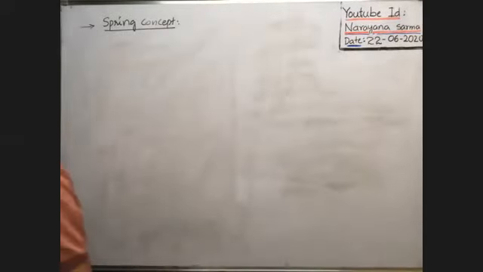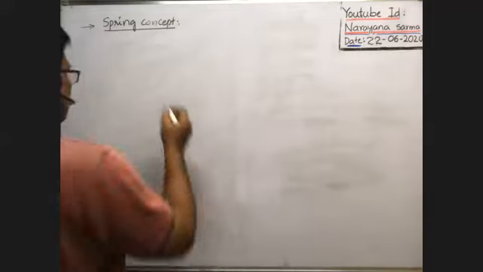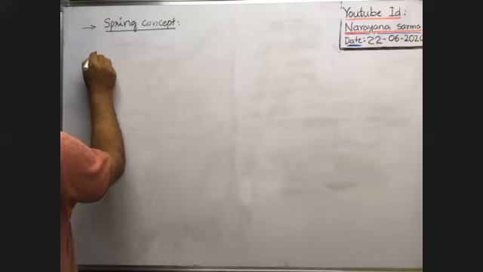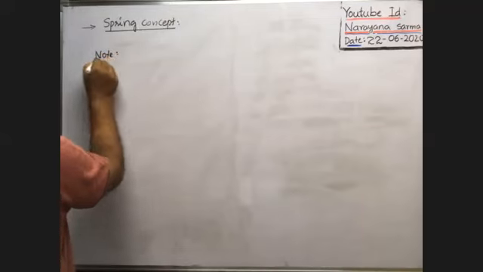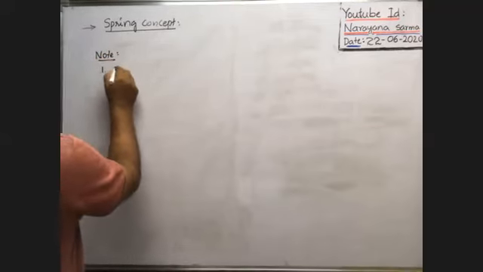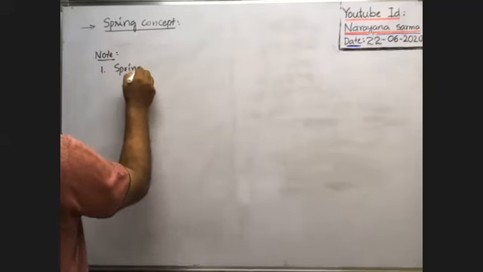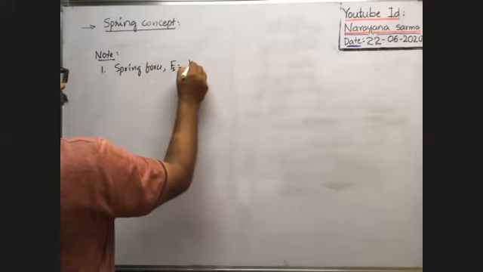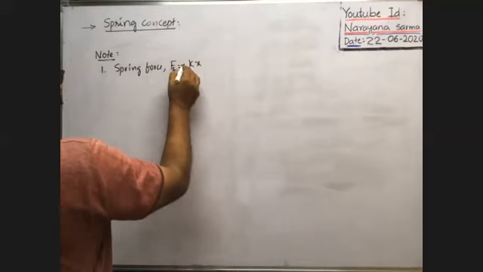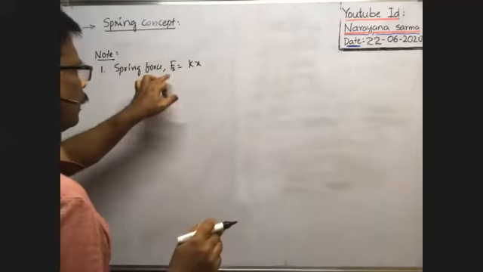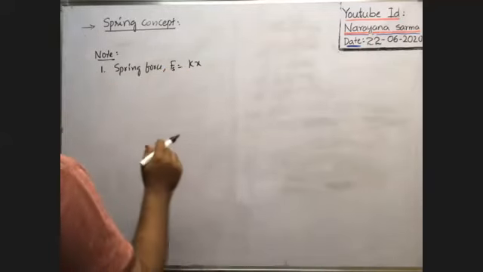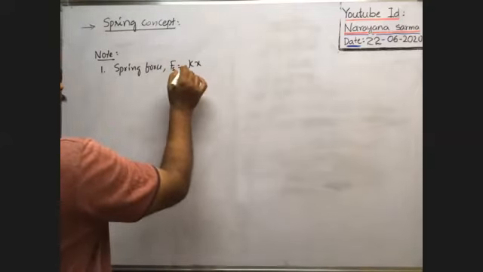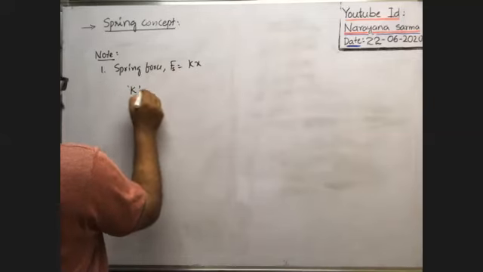Okay. Now, note points. Note 1. Spring force, just take the magnitude. Spring force F is equal to Fs is equal to Kx. Of course, the minus sign represents that spring force is opposite, but when you consider the magnitude, Fs is equal to Kx. Okay, here this is the spring constant, no? On what factor does the spring constant depend? Spring constant K depends on